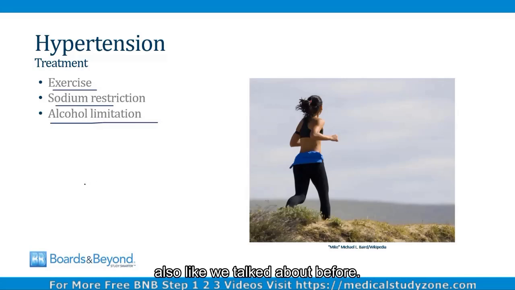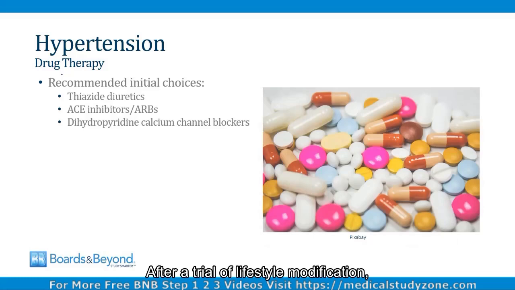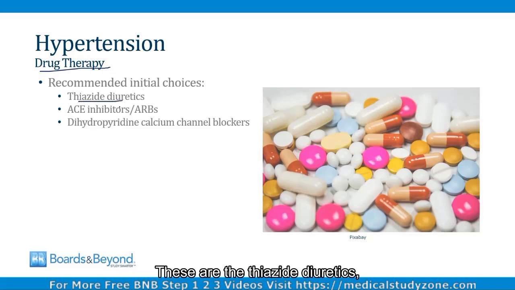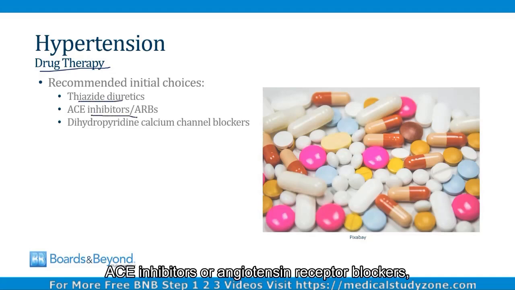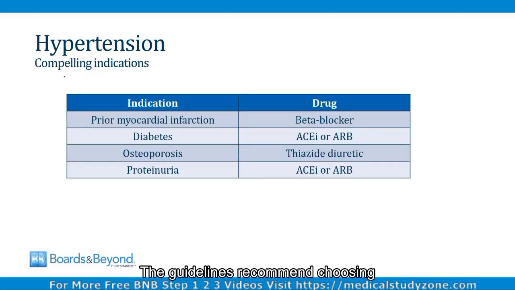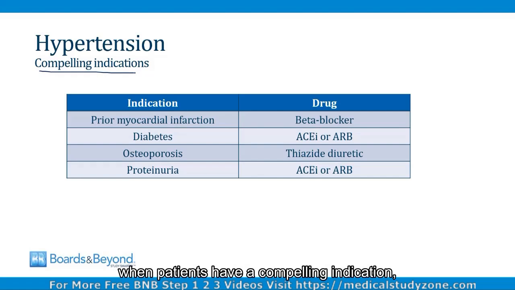we talked about before. After a trial of lifestyle modification, if the patient remains hypertensive, that's when you can initiate drug therapy. And there are three recommended initial choices in terms of drug treatment of hypertension. These are the thiazide diuretics, ACE inhibitors or angiotensin receptor blockers, and dihydropyridine calcium channel blockers. And the dihydropyridine drugs are drugs like amlodipine. The guidelines recommend choosing a particular drug or drug class when patients have a compelling indication, and I've listed these